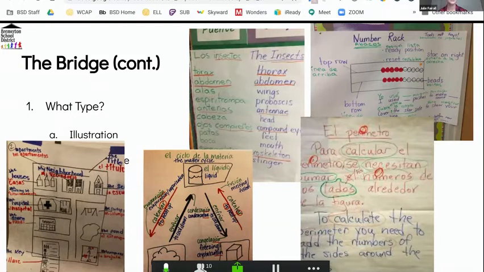The other thing to really call out, just to notice, is that English is all in one color and Spanish is all in one color. And whatever two colors you